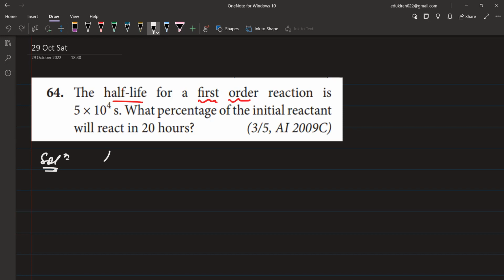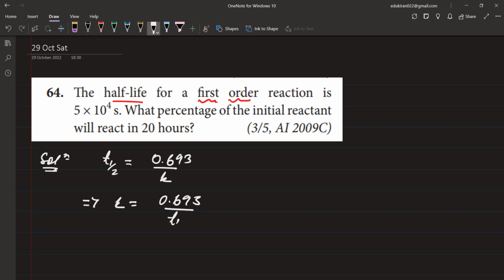We know that t half is equal to, tell me what, for first order reaction, t half is equal to 0.693 by K. So I can write K is equal to 0.693